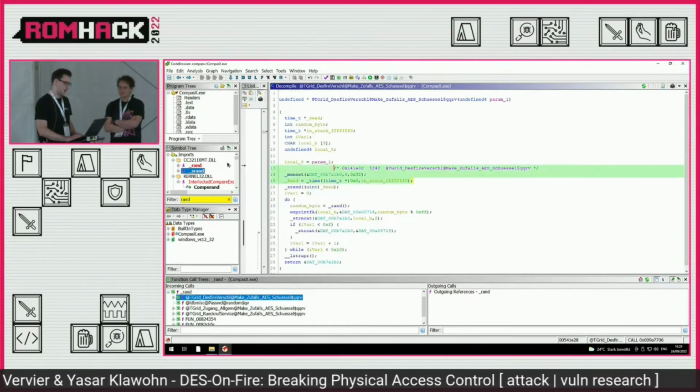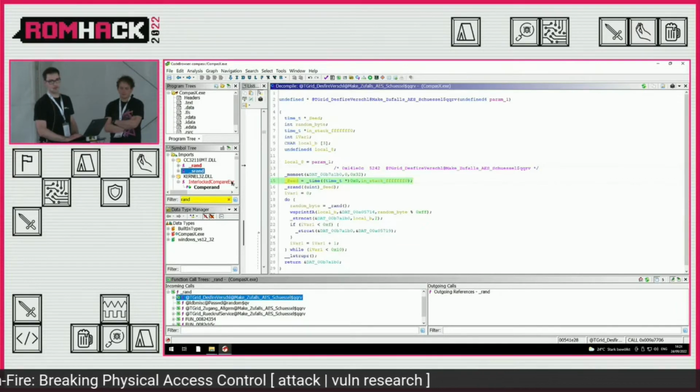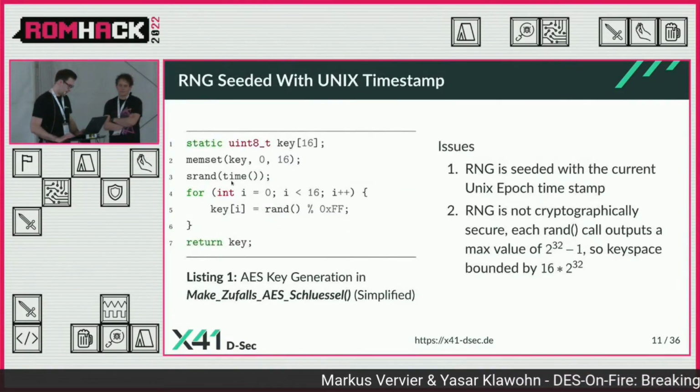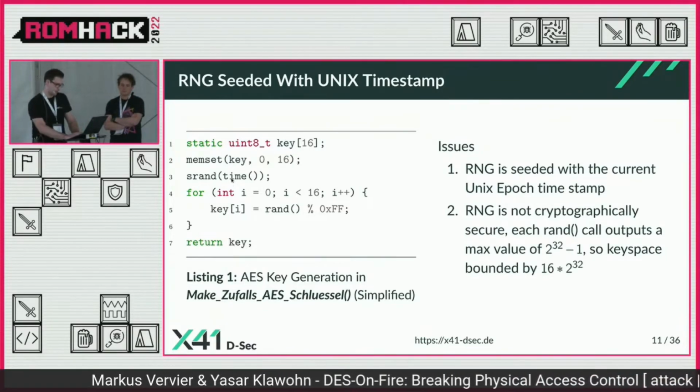Yeah, that's pretty bad, because for each second there's going to be just one key, and there aren't that many seconds. So, a bit more cleaned up, we can see that they...